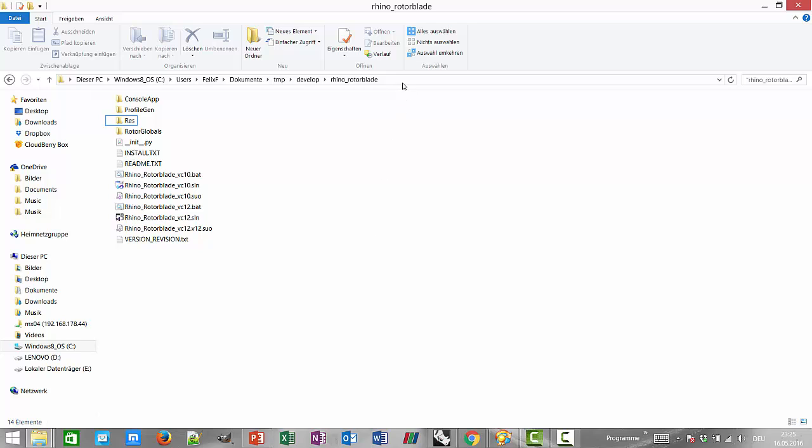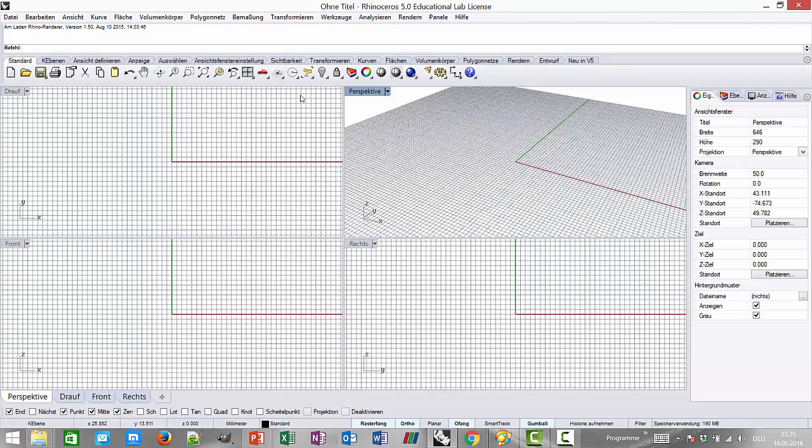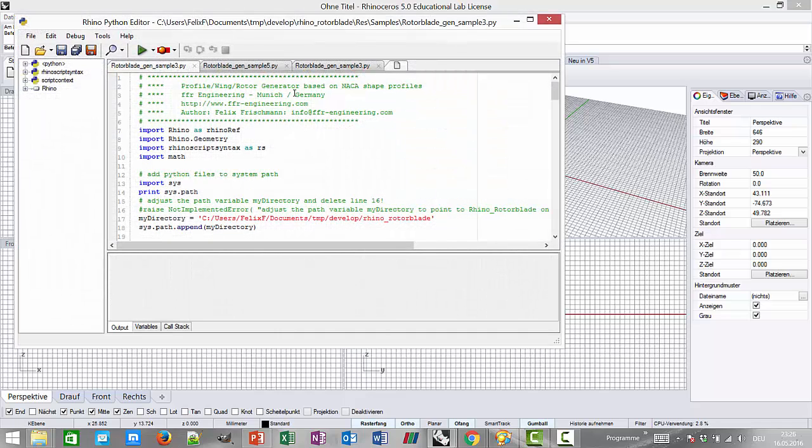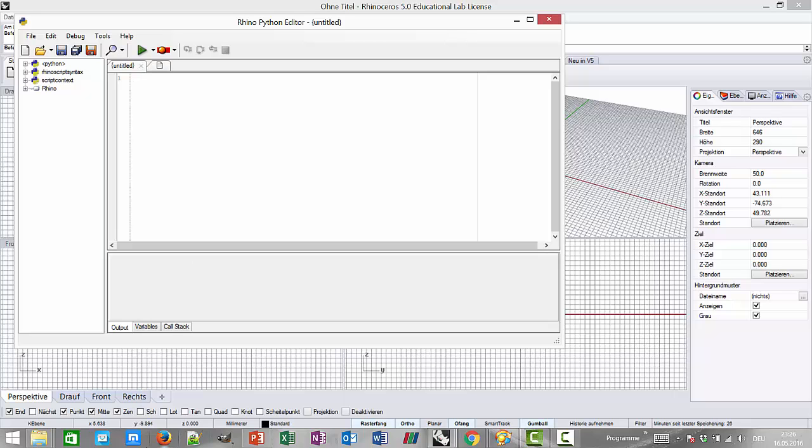Let's assume you managed to unpack this folder, which can be downloaded or checked out with SVN, and you managed to open your Rhino and type in edit Python script to start the IDE. Let's start here from a zero script. And as I said